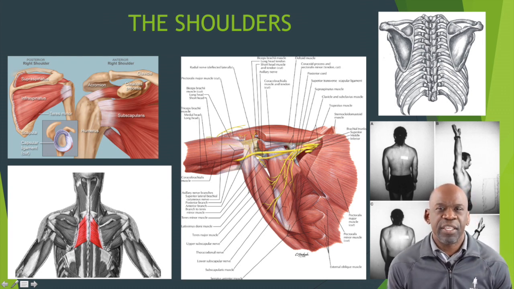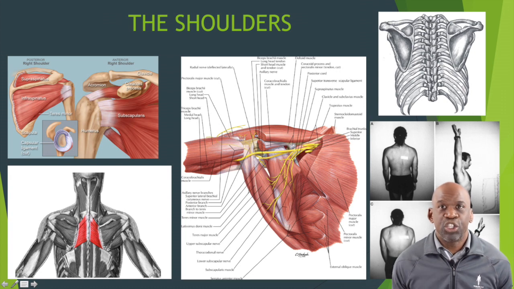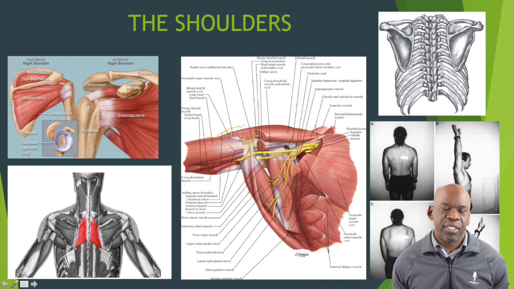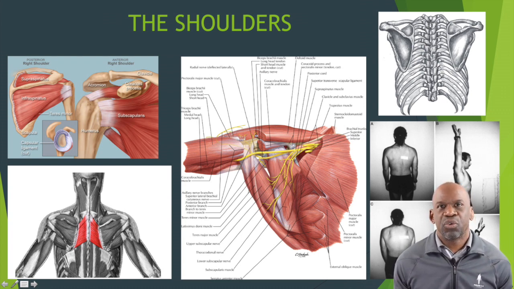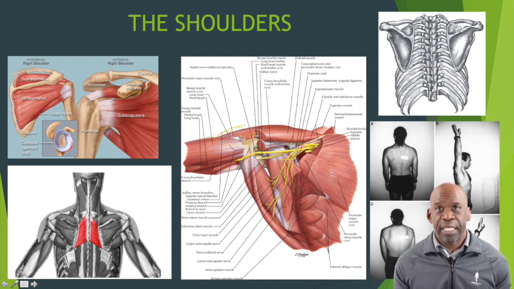If you look to the top right, you can see that there is a diagram of the scapula or the shoulder blades as they sit on the back of the thorax or the chest cavity. I often say to patients that the scapula is the stage upon which the shoulder performs. And this is quite rightly so, because the position of the scapula determines the overall function of the shoulder as a result of its ability to position the shoulder in space.